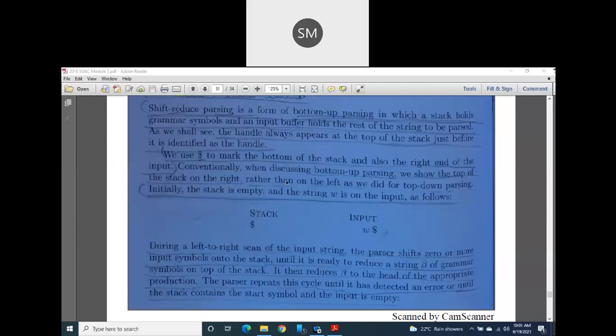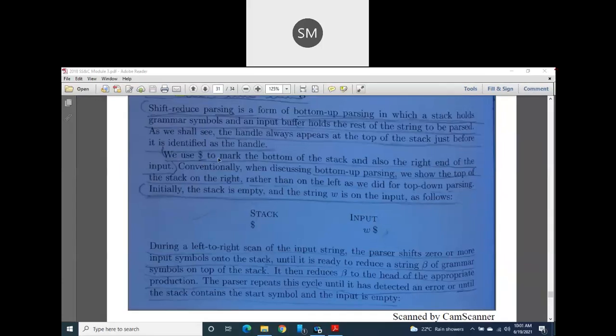One more thing you have to understand is that we are going to use one important symbol here, the dollar symbol. Yesterday I told you, it indicates the end of any input, end of any statement, end of any line. Here dollar indicates the end of my input, so that the compiler does not get confused whether the user's input is finished or still continuing. If you put the dollar at the end of your input, we get a clear idea of the input's length.